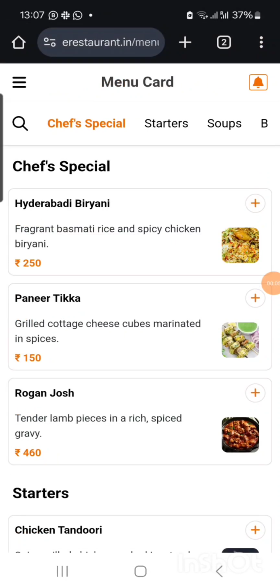Welcome to the demo of the eRestaurant app. The customer can use this app to order hassle-free and with ease. So when the customer enters the restaurant, he scans the barcode and directly the menu card will be displayed